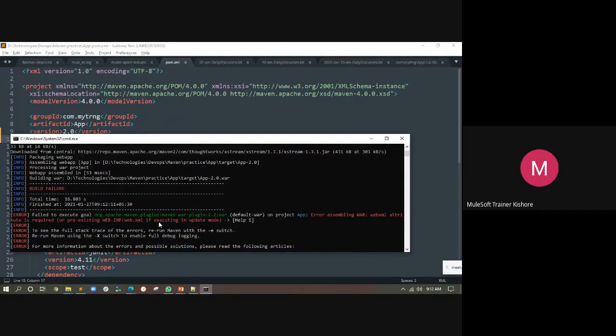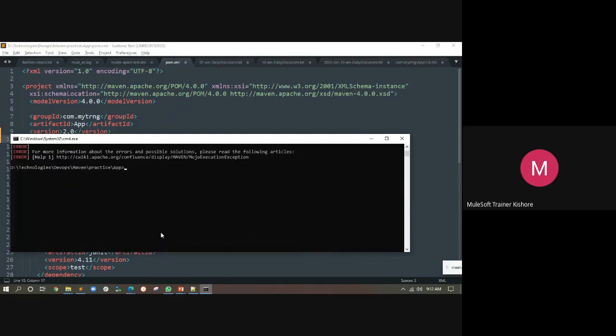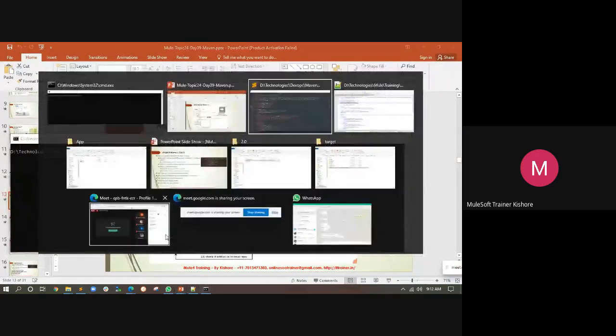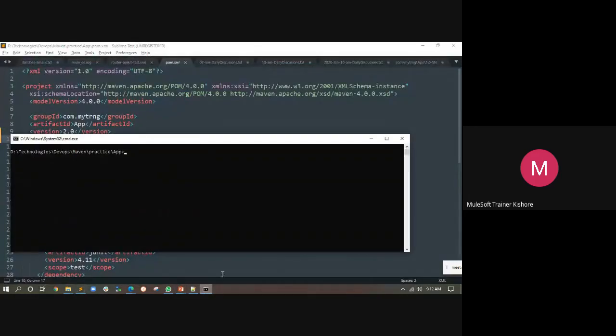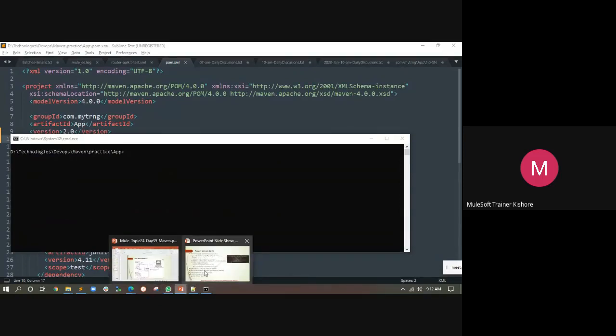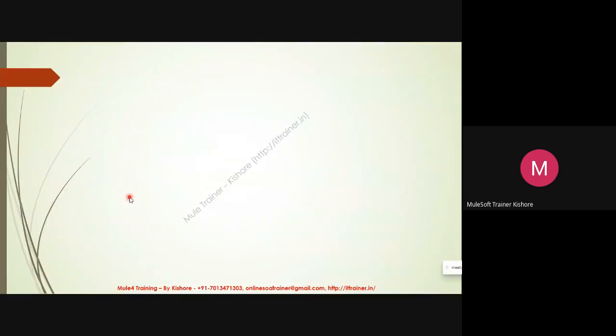For building a war file, it needs a web.xml file in our code. See here, a pre-existing WEB-INF web.xml is required to make a war, but our project is not a war type of project. So that is the other point. That is about your GAV.